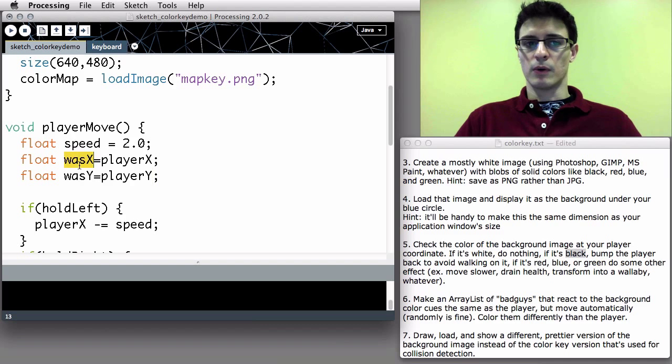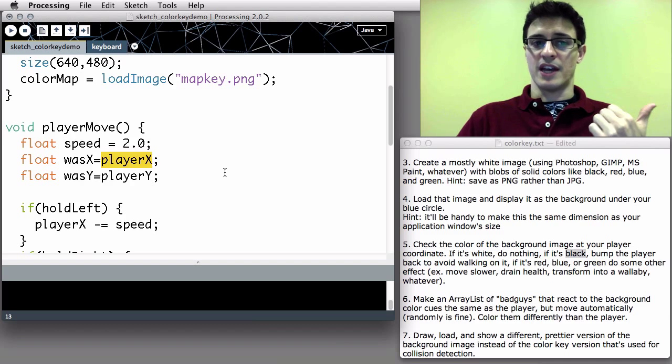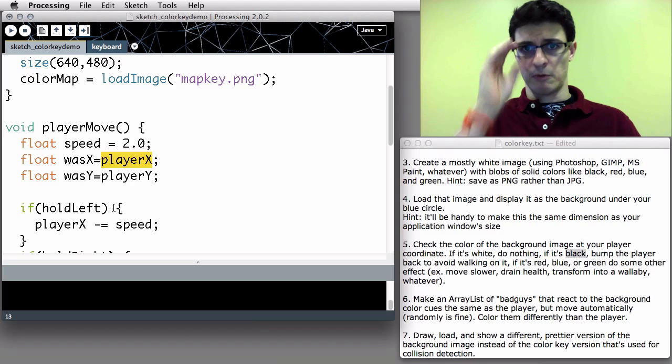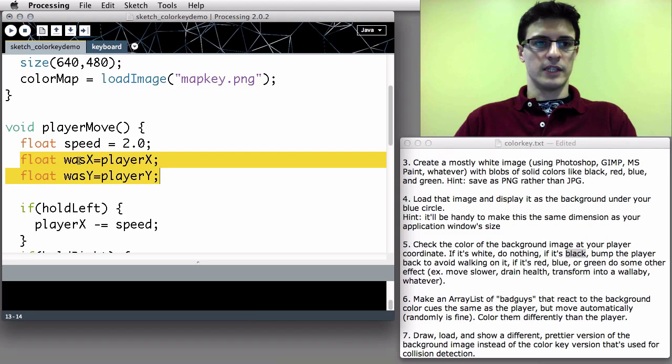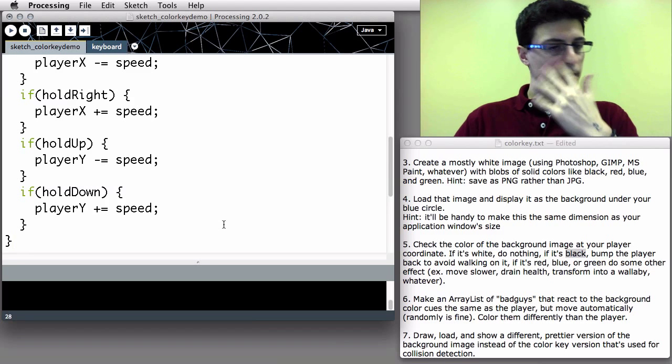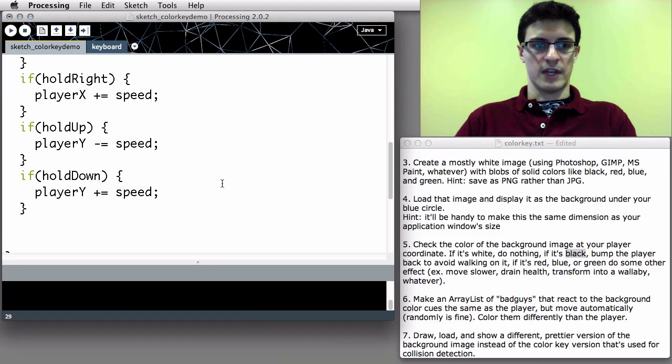This way we're saving the coordinates of where the player was before the attempted move. And if we calculate that after taking a step we're then on black, we can undo it by simply setting playerX back to wasX, whatever the value was before our movement keys changed the position. Again, this will only last for the duration of the playerMove function call. So these numbers will be forgotten as soon as we get to the bottom brace at the end of the function. But that's all we need it for, because down here we'll say